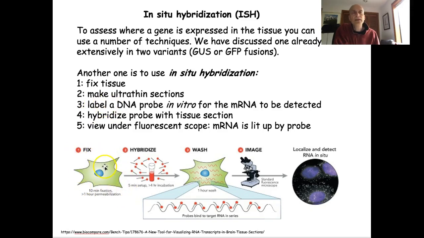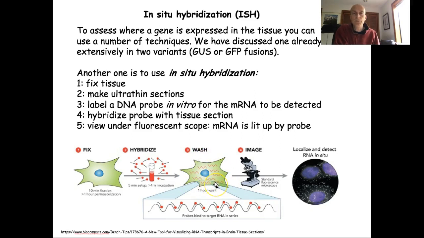And then you take the fixed thin sections and put them on a microscope slide, and you produce a probe. That probe is shown here with these little red dots, and those are labels. They can be fluorescent, they can be radioactive, they can be enzymatic and then react with a substrate to produce a color. But they have to be complementary to the mRNA that you're interested in. So if you're looking for a specific location of a specific mRNA, and you're not making a fusion protein to see where it's expressed, you can use this DNA or RNA probe that you label, and then you hybridize it to your slide,